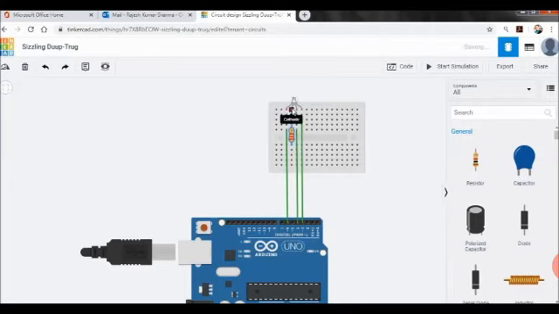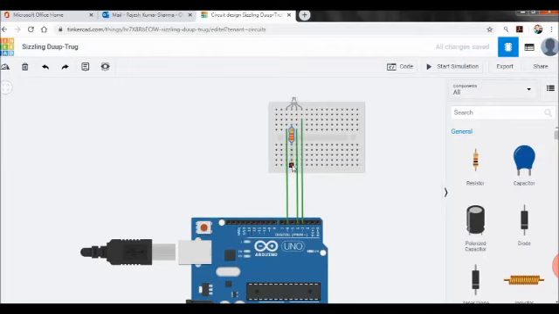So you can see in the same line the cathode is inserted, but one thing you can see, the 2 different terminals of the resistance are at 2 different sides of the breadboard, one at the top one and one at the bottom one, so that the 2 different terminals of the same resistance do not get connected. The upper and lower parts of the breadboard are not connected. So that is how we have to insert the resistor also.